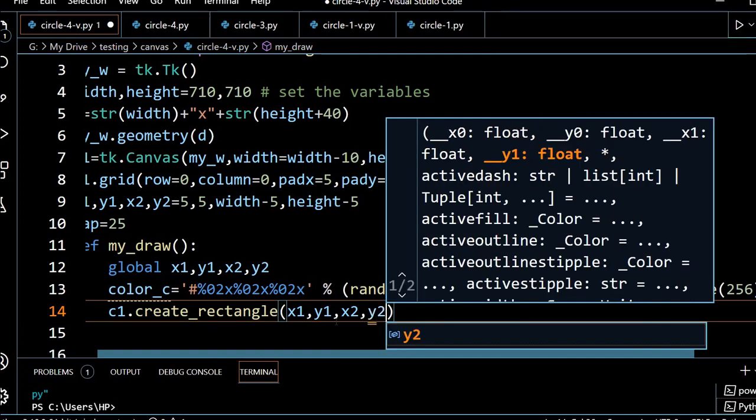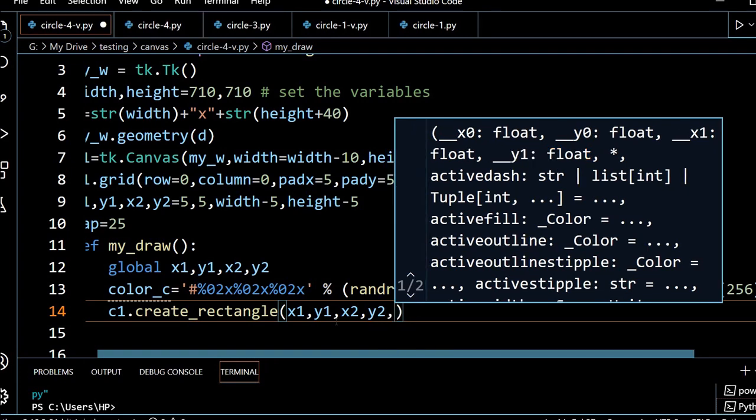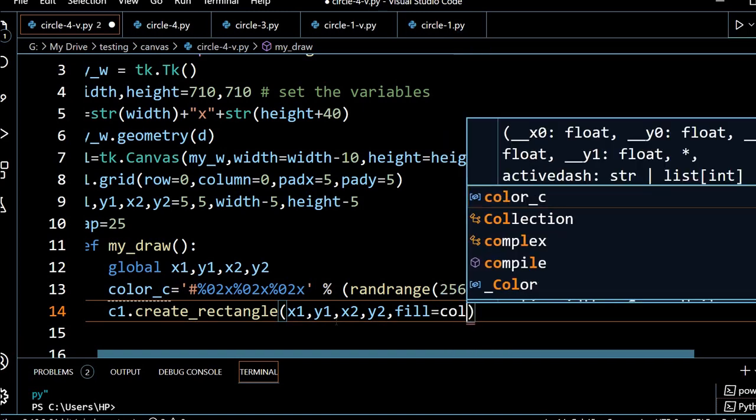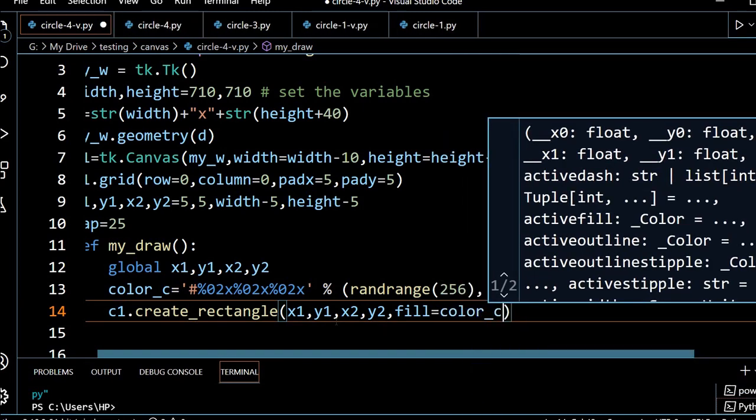Those are the coordinates of the rectangle. Now fill equals, this is where I will use my variable. I don't know what color it will be, so it will take a random color and place it here. So every time I run it, I will get a random color. That is the reason it's coming so colorful.